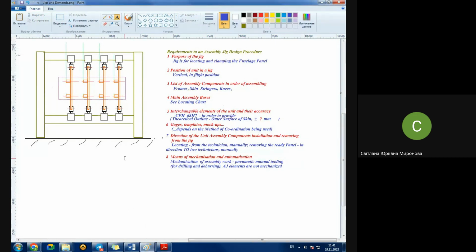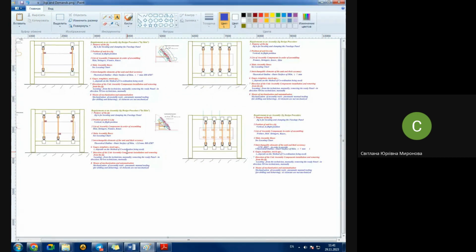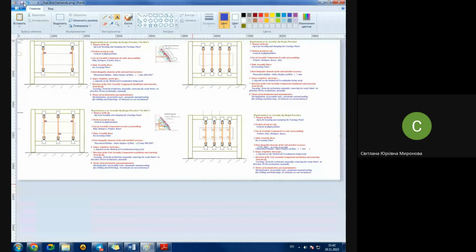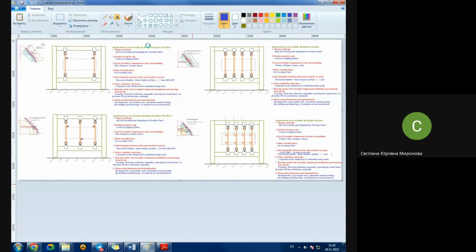Now, what we did is, look, we did two different tasks simultaneously. We have developed demands for design of assembly jig. But in order that you might understand what it is about, we also have developed four assembly jig design schemes. They are practically very similar, as you might see. The only problem is that I mixed up the